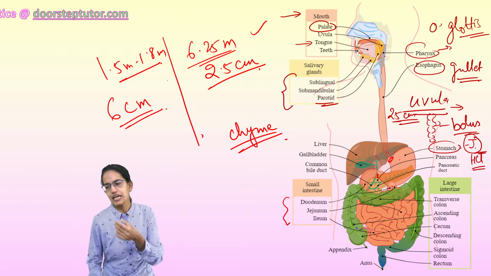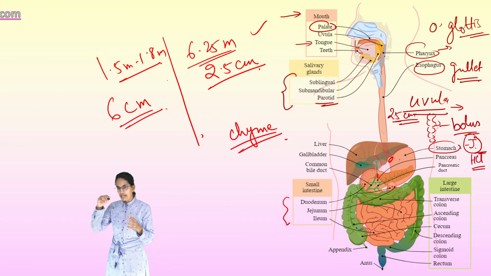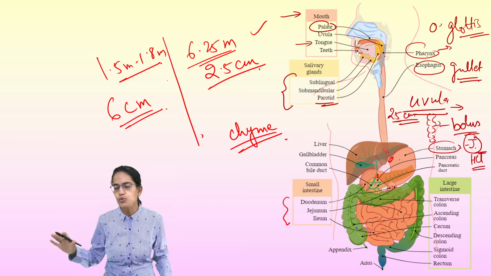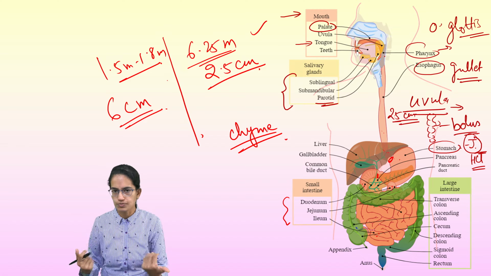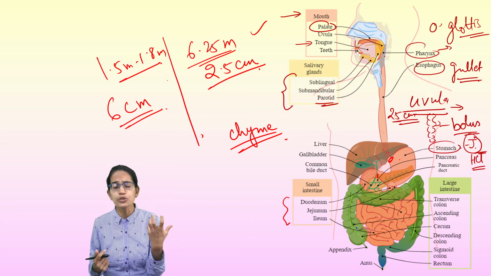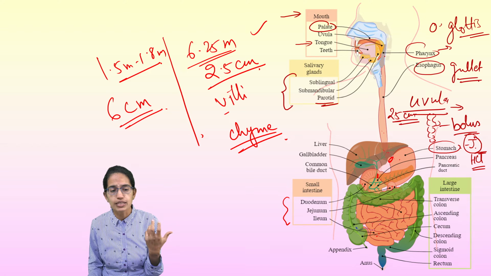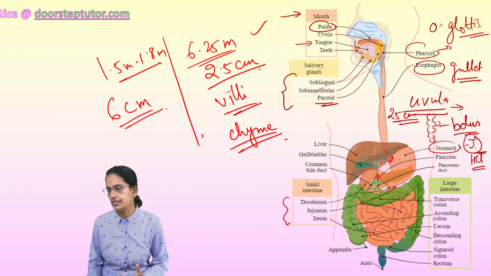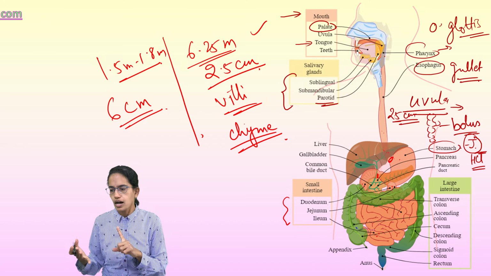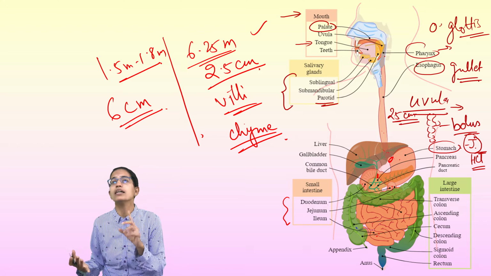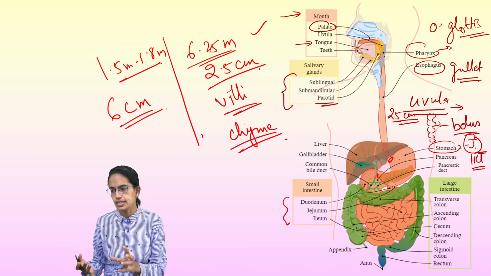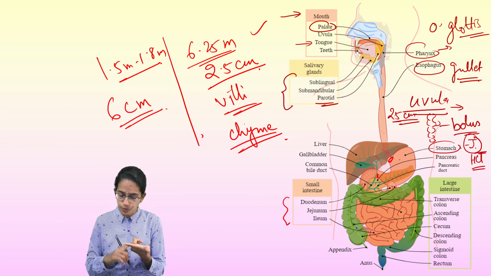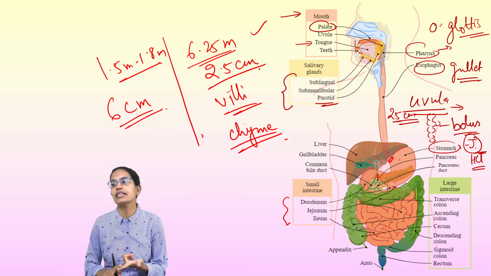Now small intestine has villi on the surface. The idea is to increase the absorption as the food moves through. So the glucose, fructose gets absorbed through the villi. Absorption of food through villi is one of the major works of small intestine. Now in the small intestine there is Brunner's gland and crypts of Lieberkühn which secrete succus entericus, and succus entericus helps in the digestion process. The complete digestion of protein, fats and sugars happens in small intestine.